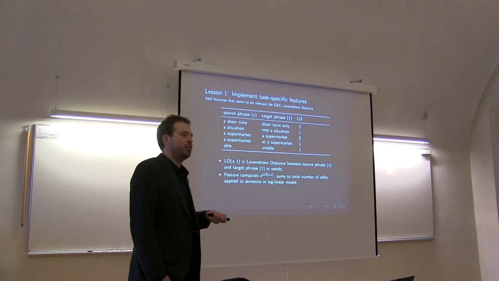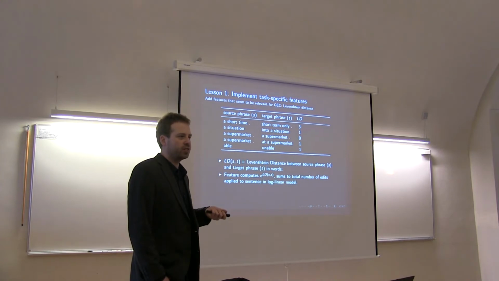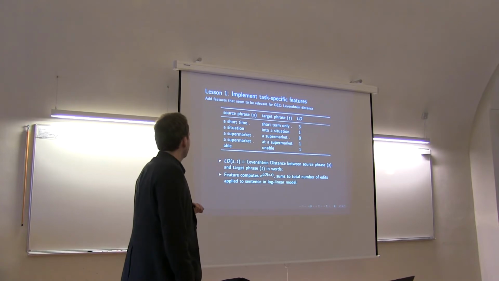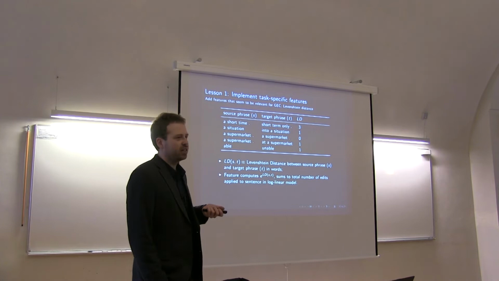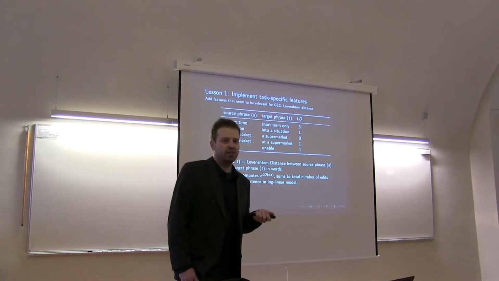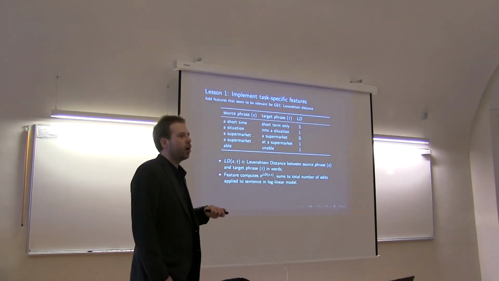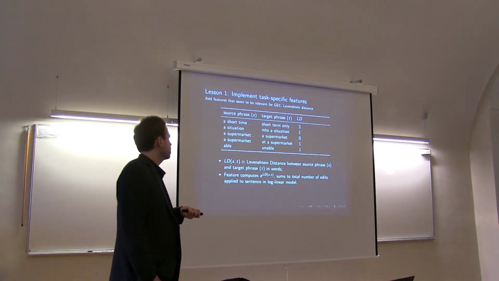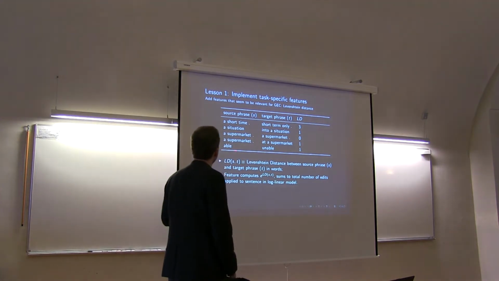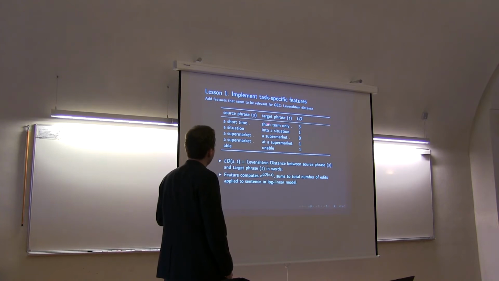Moses is a statistical machine translation system. It's not tailored towards correcting monolingual text. So what we should add at this moment are features that somehow tell the decoder what it is doing in this monolingual context. A very obvious thing to do is to add the Levenshtein distance between phrases. So if we have a phrase table, let's say this is a very small phrase table, we have a source phrase and a target phrase,